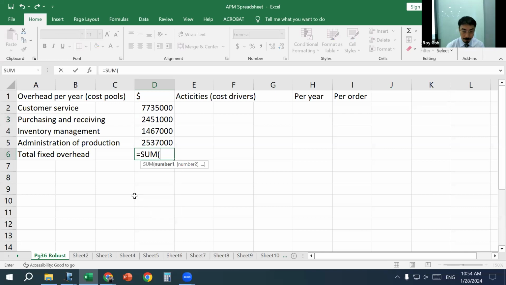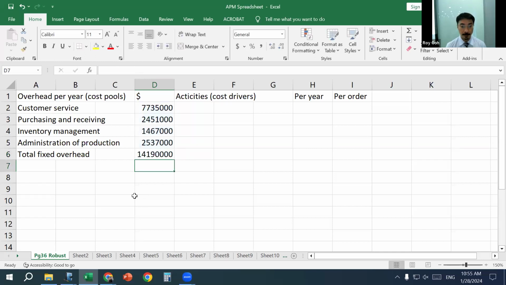Equal to the sum of the 4 numbers. So this is just a spreadsheet equation for a total. Okay? I press enter. Then I absorb my admin